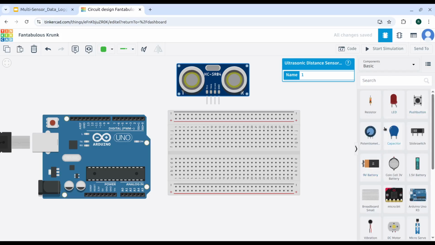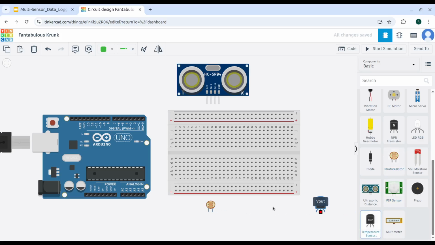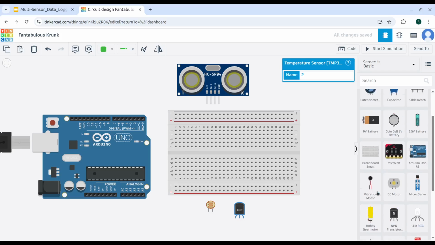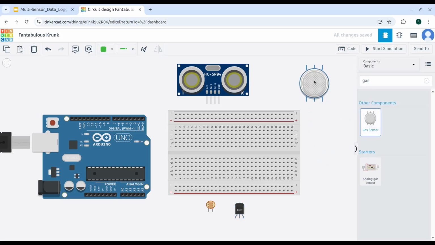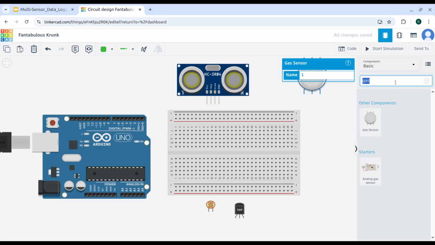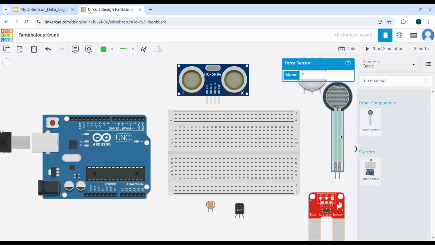Next we need a temperature sensor, photoresistor, then a gas sensor, then a soil moisture sensor, then a force sensor. So we have the photoresistor, temperature sensor, force sensor, ultrasonic sensor, gas sensor. That much. Now we need to connect